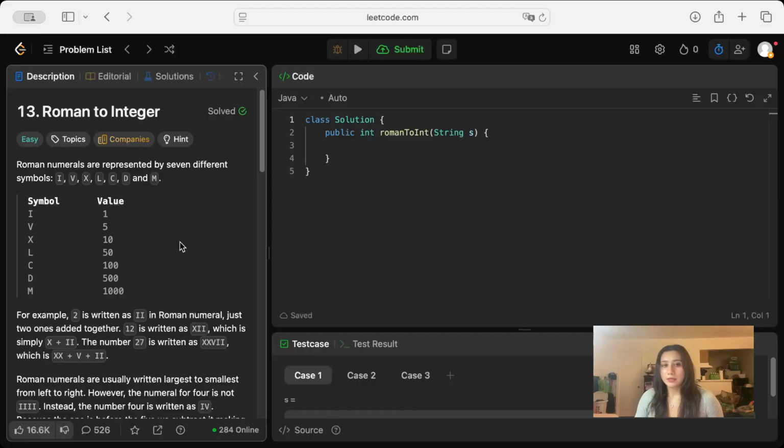So to represent these, map these symbols to values, I should say, we can use a hash map. Somebody can feel free to comment below if there's a better way, but there's not one that I'm aware of, so this is just what I'm going to do. Although I know it's not the best for space. But anyway, we can basically just map these symbols to each of these values, and then we can loop